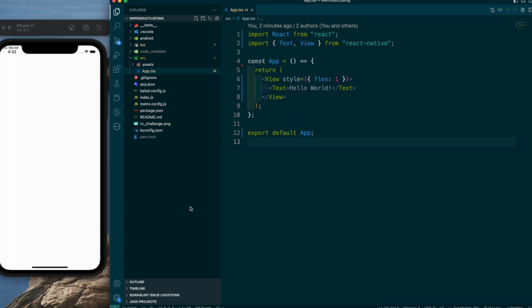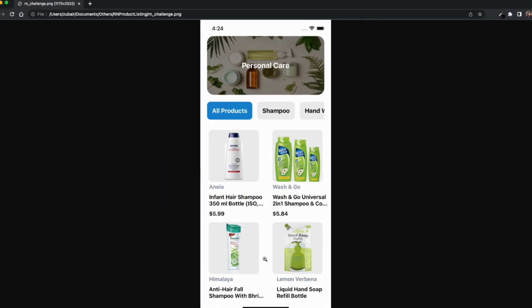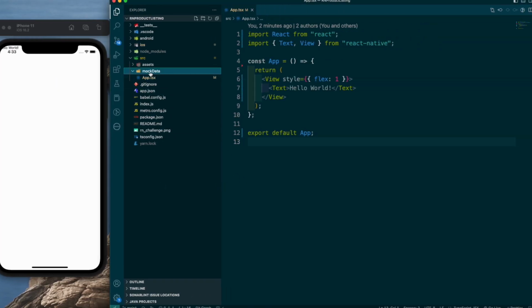For our mock JSON, I can create a folder here in my source. Let's create a folder called mock data, and inside this folder we will create a couple of JSON files. We have a product list JSON, so that we can display all these products having the title, a little bit of description, then pricing, and then image. And then on top, in this horizontal list view, we will have categories. So let me quickly create a file named